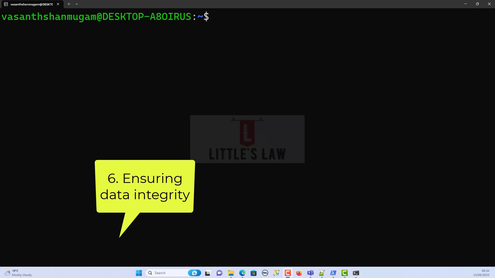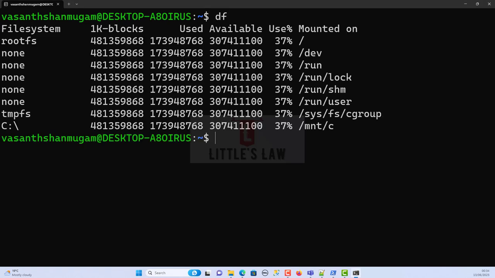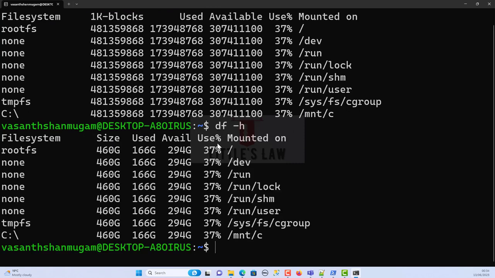Now we will see how to check the disk usage in Linux, and the command for checking the disk usage is df. df will give us the disk usage in Linux, and there are various other options to check the disk usage. For example, if you enter df and a hyphen h, this will give us the value in